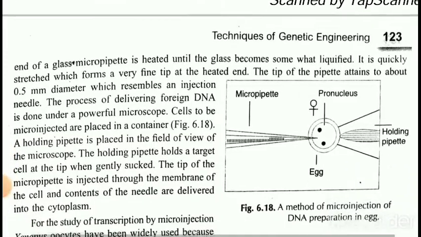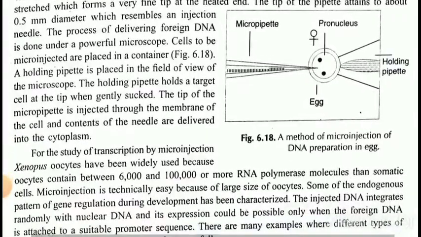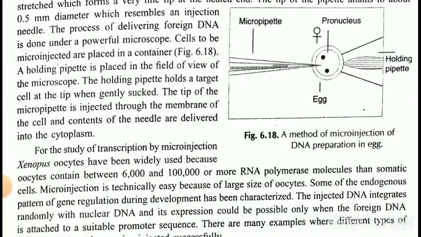Cells to be microinjected are placed in a container, Figure 6.18. A holding pipette is placed in the field of view of the microscope. The holding pipette holds a target cell at the tip when gently sucked. The tip of the micropipette is injected through the membrane of the cell and the contents of the needle are delivered into the cytoplasm. For the study of transcription by microinjection, Xenopus oocytes have been widely used because oocytes contain